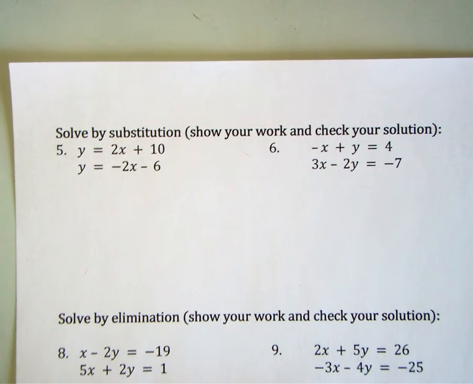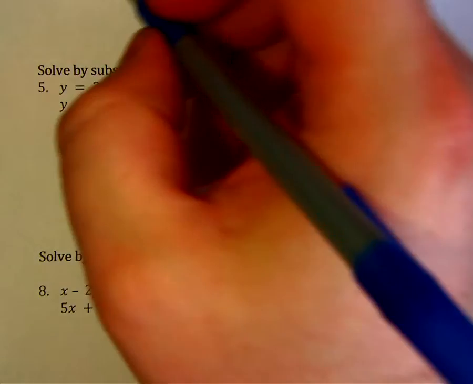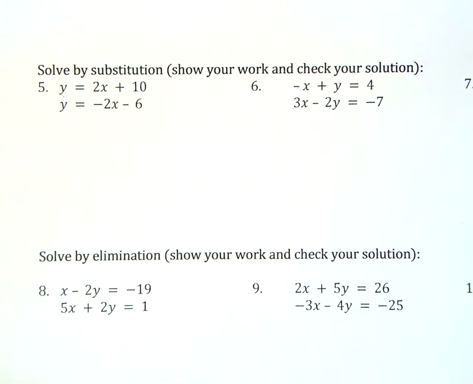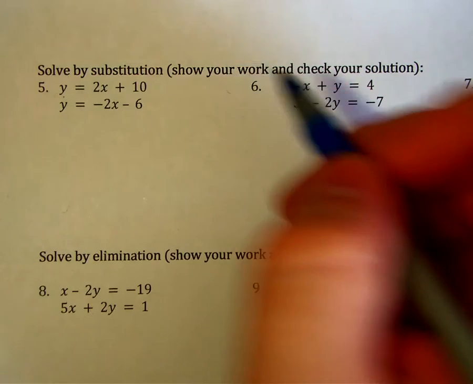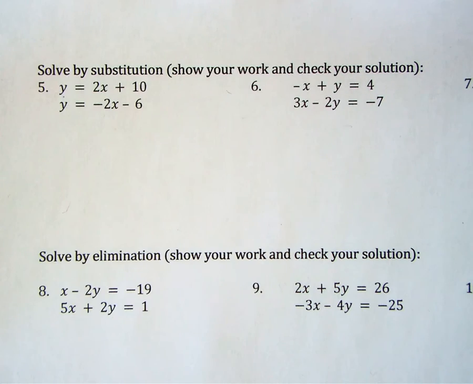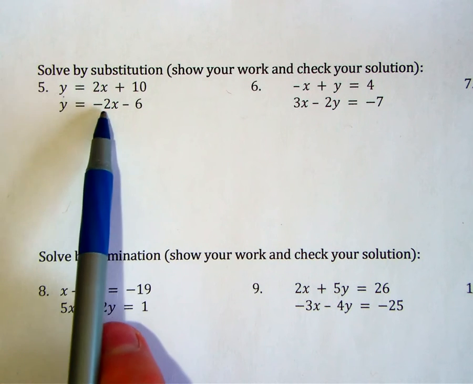Problem number 5, solve by substitution. Now we remember that when we solve by substitution, we first need one of our equations to have an isolated variable. Problem 5 has two isolated variables. So we know that y is equal to 2x plus 10, and we know that y is equal to negative